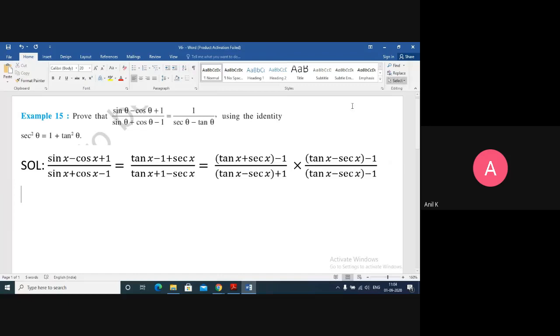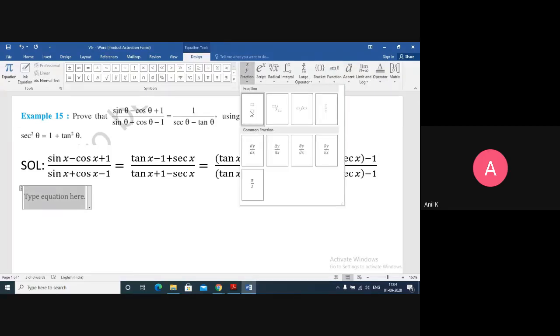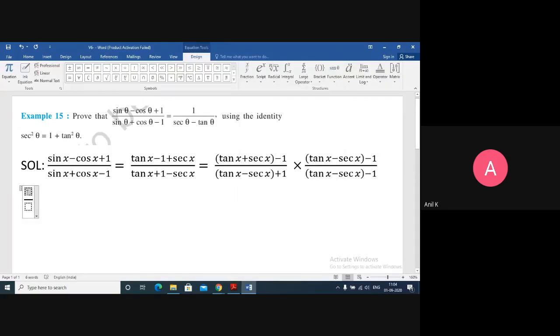Now see here what will come. Both the numerator terms will be multiplied and both the denominator terms will be multiplied. So let me see, if I multiply both the numerators, what do we get? It is going to be a little bit lengthy calculation for the first time. After that, the terms will be simplified. Now let's see what will come here. First what I do is this tan x I multiply with all these three terms. Then I'll take sec x, multiply with all these three terms. Then I'll take minus 1, multiply with all these three terms. Total 9 terms will come. Let's see what the terms are.